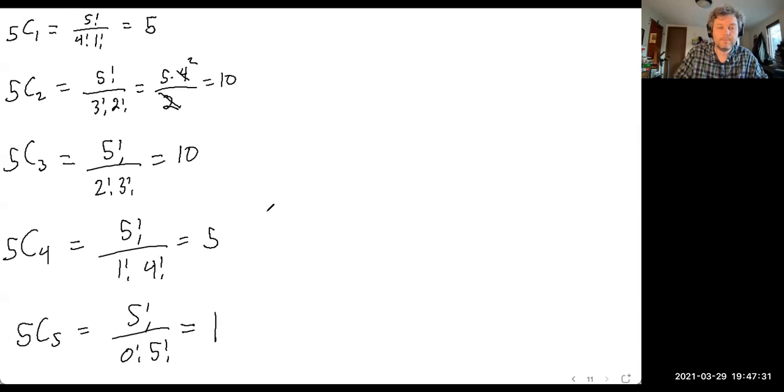So this is just 1. And this is linking up with 5 choose nothing. How many ways can you have 5 items and choose none of them? It's just 1. So you can see that there's a bit of symmetry here, where you have 1, 1,